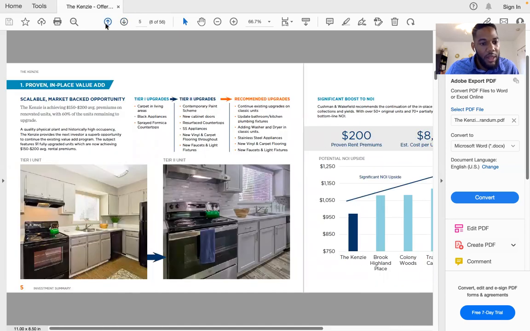Okay. And then another thing I wanted to point out here, right? Let's look at these improvements. They're saying this is a tier 1 improvement and a tier 2 improvement. So what are some differences y'all see between these two pictures right here? This is a similar unit. They're just saying this is the tier 1 upgrades they did and the tier 2 upgrades. What are some of the things that you guys would point out just looking at these two pictures that they upgraded?